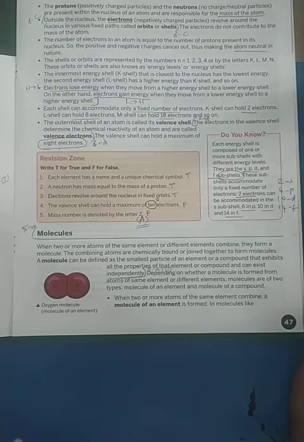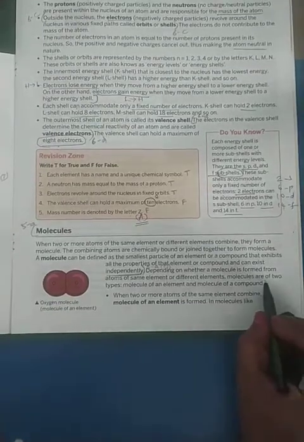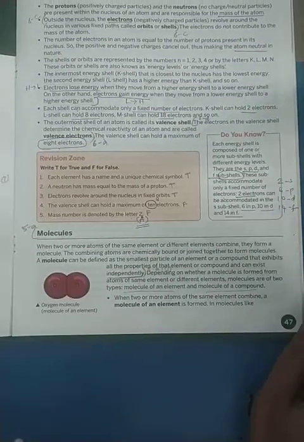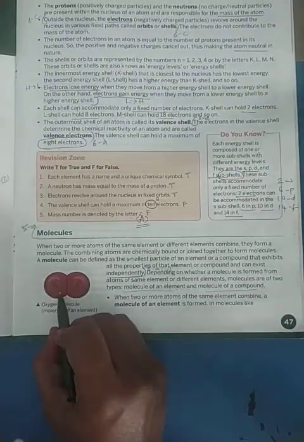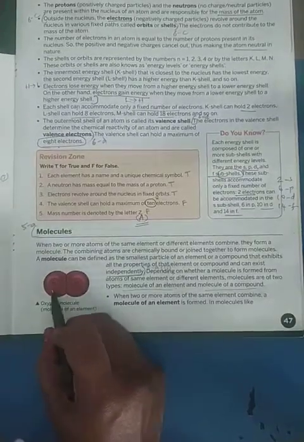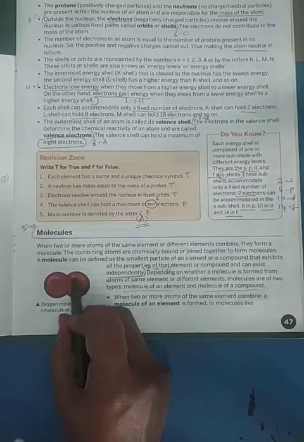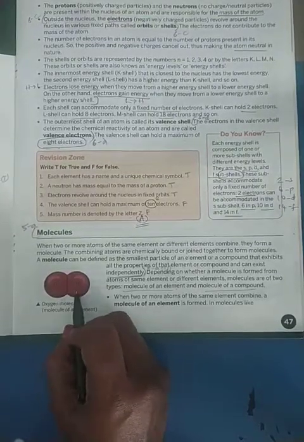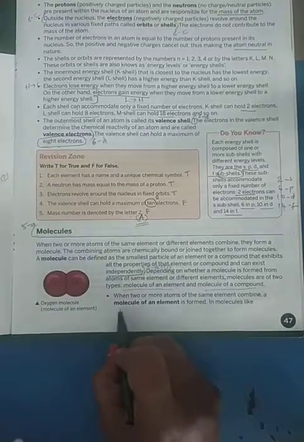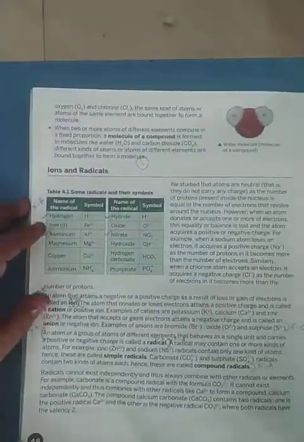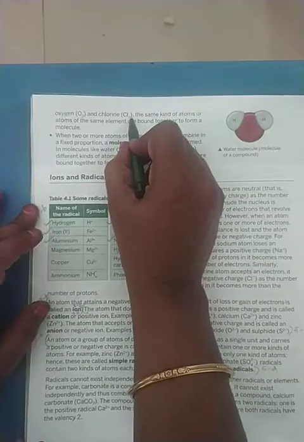Depending on this, molecules are of two types: a molecule of an element or a molecule of a compound. If it is a molecule of an element, look at this picture. The element here is oxygen. So two atoms of the same element, oxygen, are combining. This is like your classmates of the same 7th standard. That means they are forming the molecule of an element. So this is the oxygen molecule, or you can take the example of a chlorine molecule also.